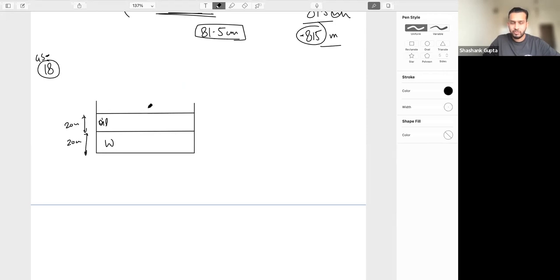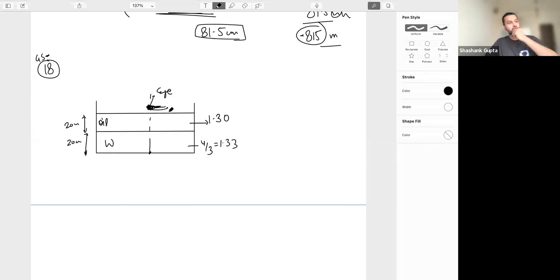A person is seeing from above. This is the eye of the person. Okay. The refractive index of water is 4/3 is given, and this is given as 1.30, and this is 1.33 is given. Okay, find the apparent depth of the vessel when viewed from the top. The formula which we just applied, we have to apply the same formula twice. When my eye is here, so first, so exactly what will happen? First, try and understand.